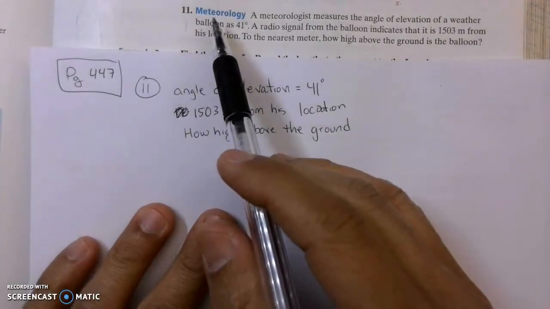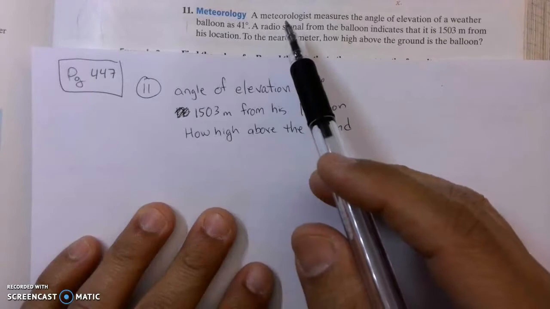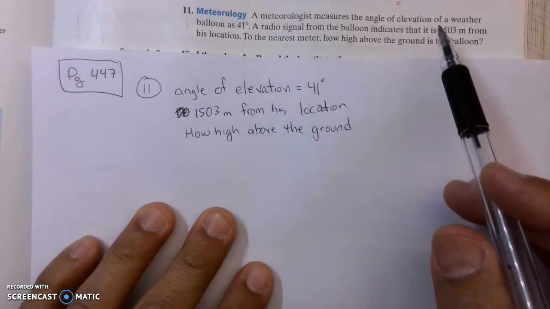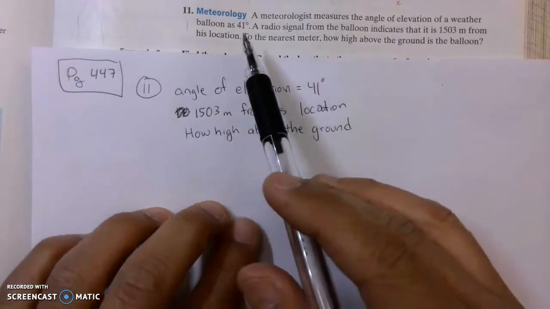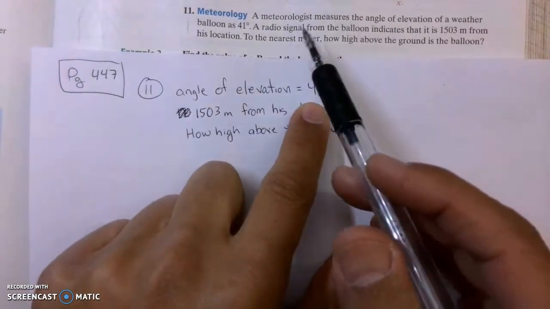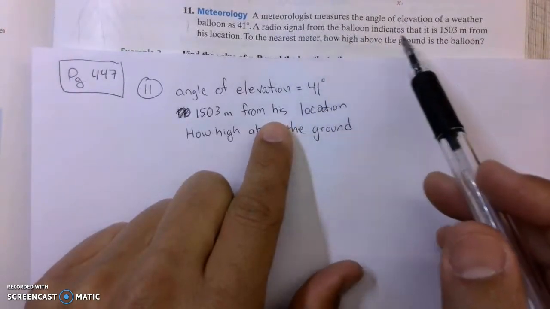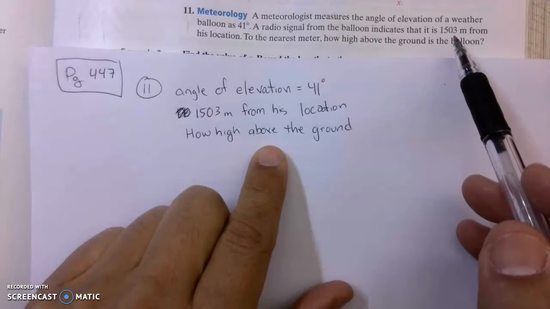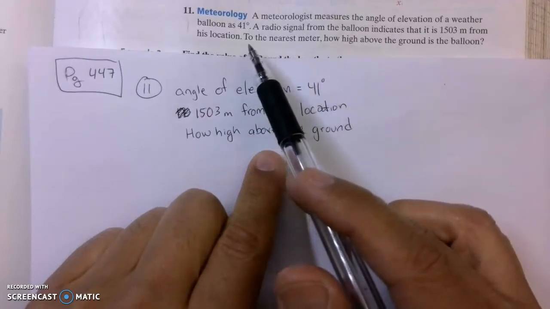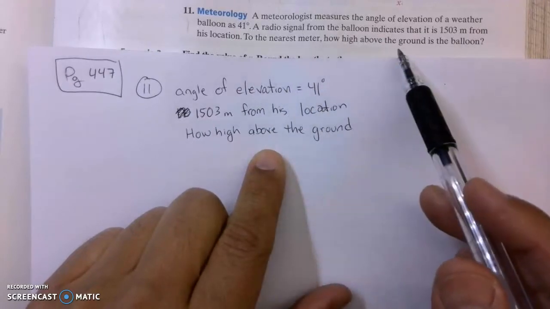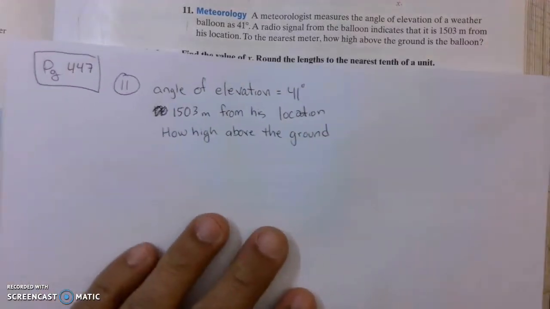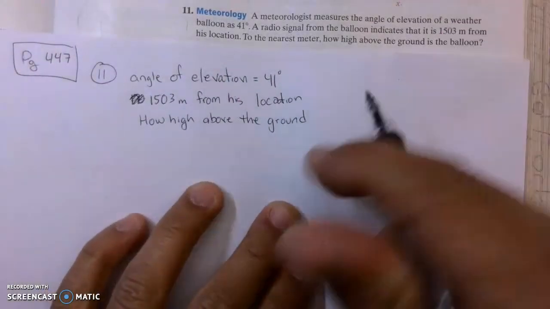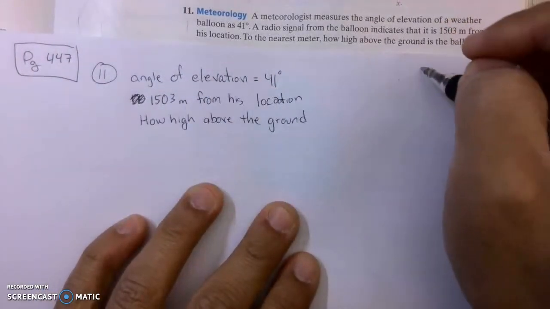Here's number 11 on page 447, meteorology. A meteorologist measures the angle of elevation of a weather balloon as 41 degrees. A radio signal from the balloon indicates that it is 1503 meters from his location, to the nearest meter. How high above the ground is the balloon? So we're going to try to draw this scenario and then put these important numbers as well as X in